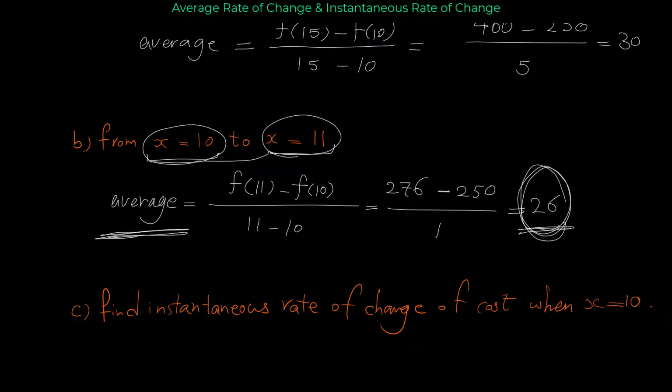This shows the increase that happens averagely. And the students that are familiar with business topics, they know that when we increase the production 1 unit, as it happens in this part,